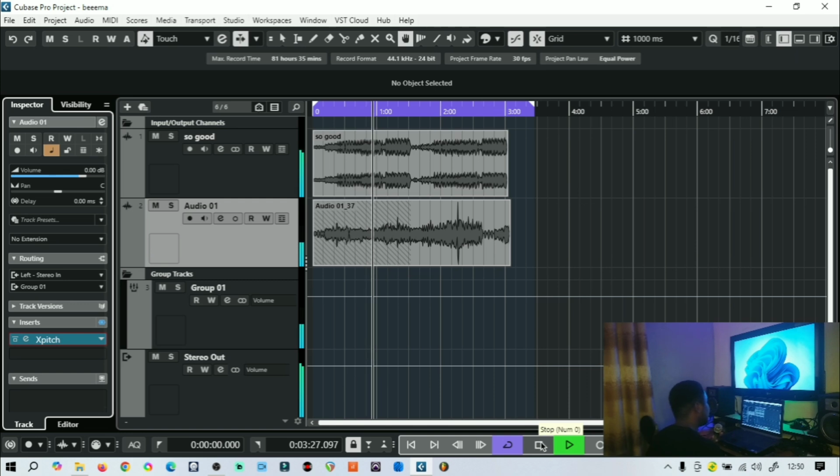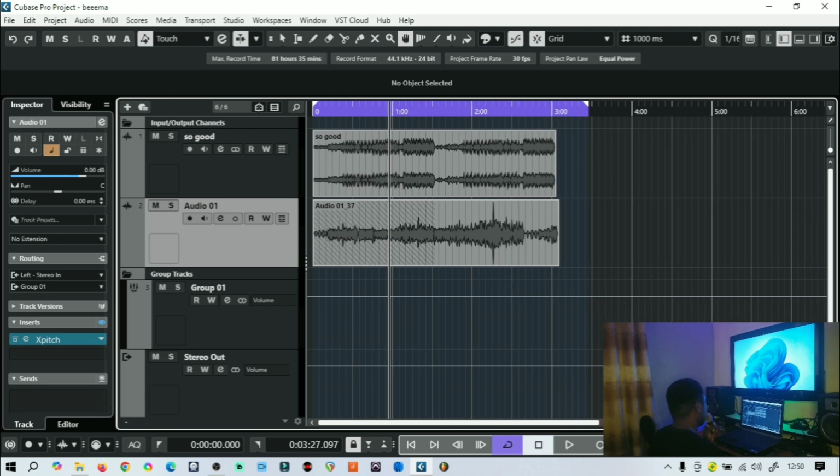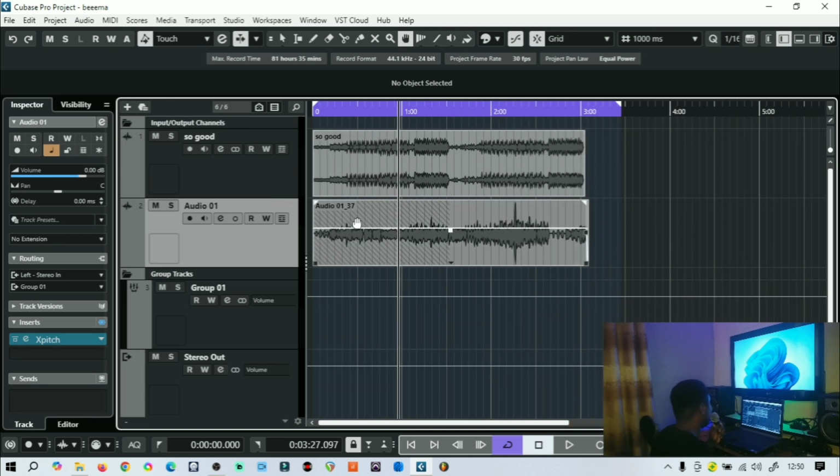So you could tell after the autotune, the vocal is sounding very, very melodic, more connected to the beat, and it is more interesting. So that's the first thing you need to do most of the time you want to mix a vocal, especially a singing vocal. You got to make sure your vocal is on key. Then let's go to the main